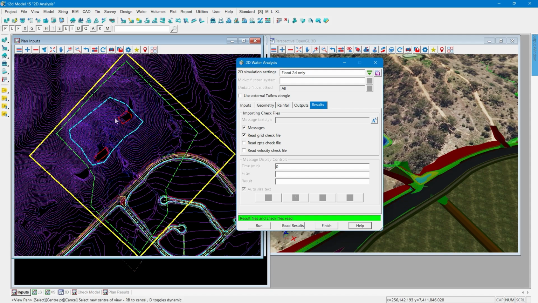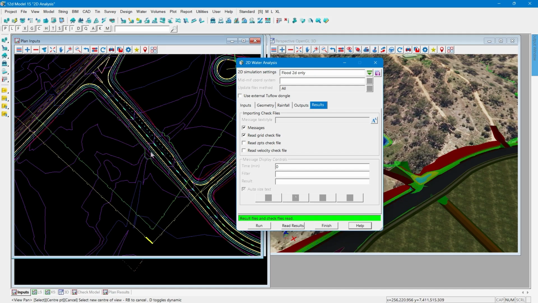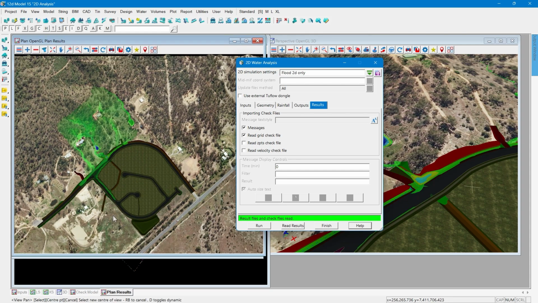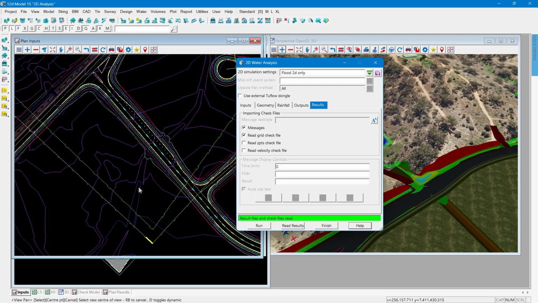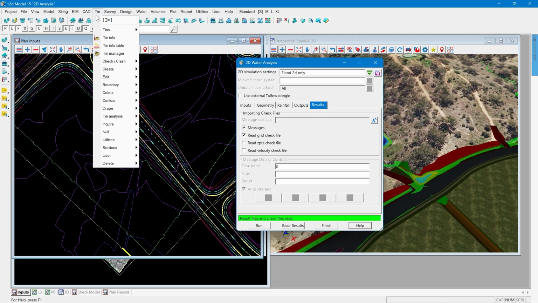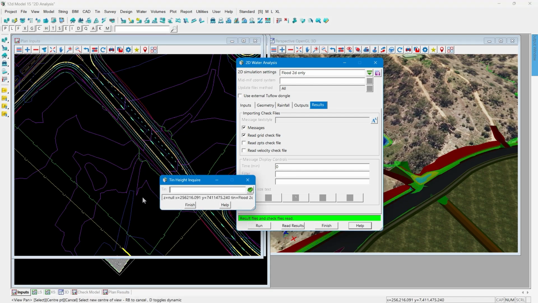Right, let's go and have a look at a couple more features of the 2D water analysis. If I look down in the area down here, there's a gully, but in the plan results there's not a lot of action or water or any flooding happening in that lower area. So we're going to take you through the grid water levels and the initial water level settings within the 2D water analysis. If I want to get an idea of that tin, if I inquire on the height of that tin in that area, we're probably looking